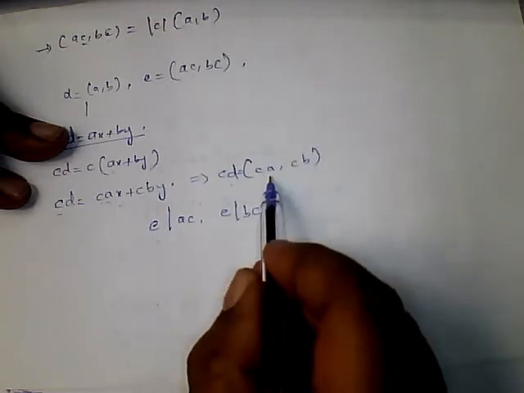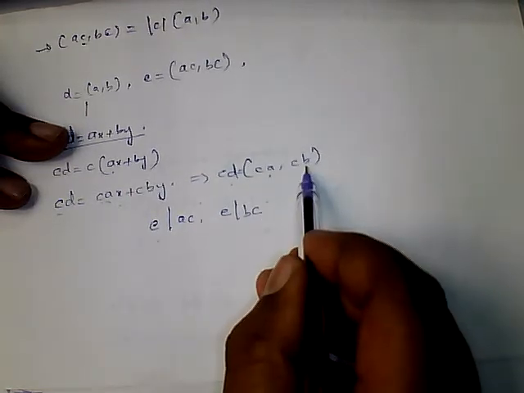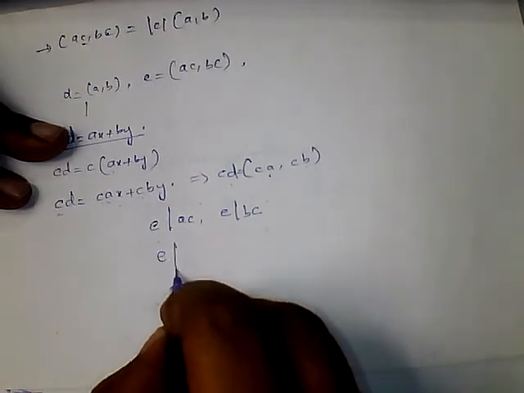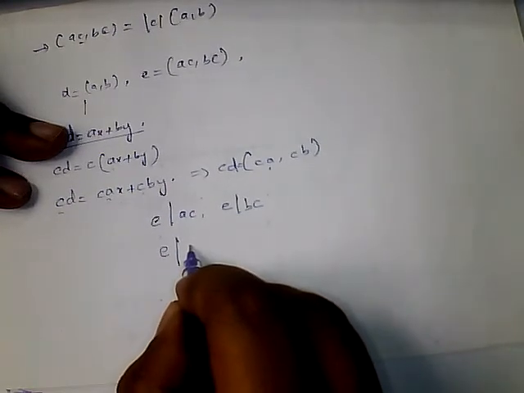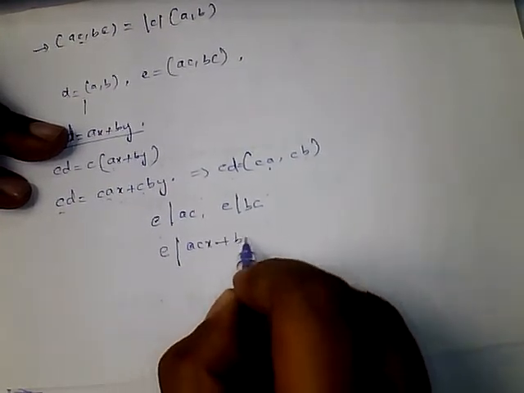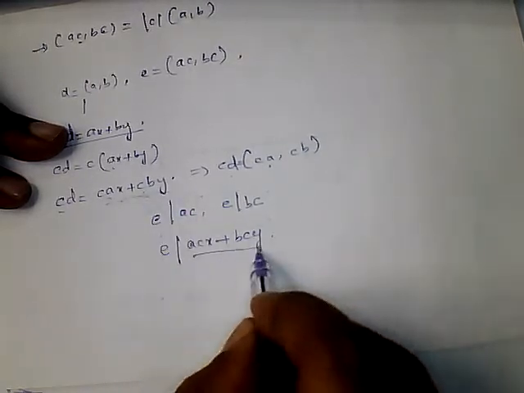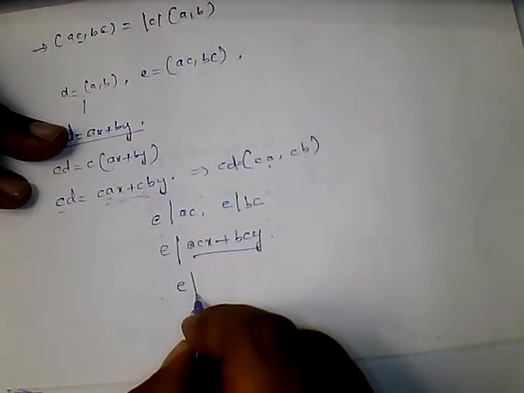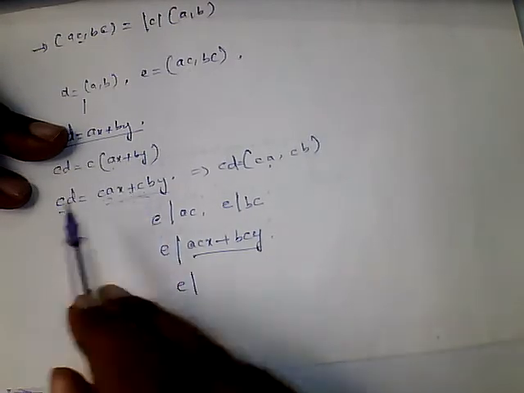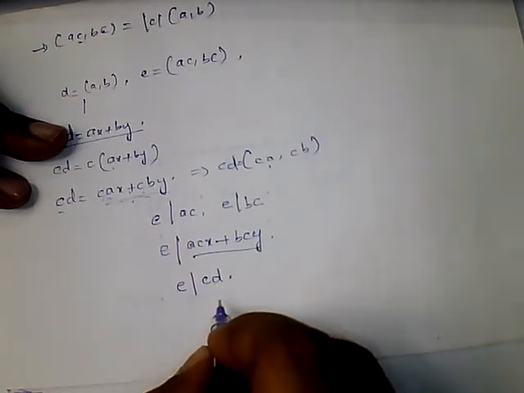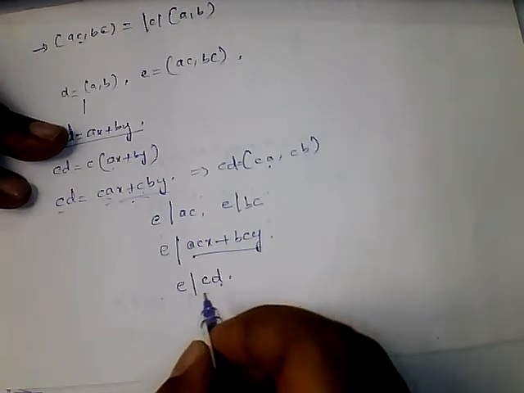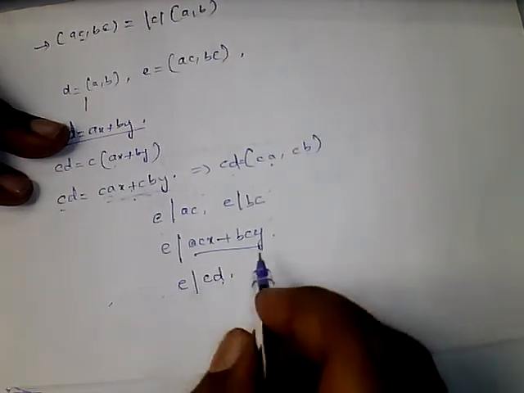Alright, E divides AC, E divides BC. That implies E divides the linear combination of these two, ACX plus BCY, the same thing that we got from here. From this, that implies that the GCD of this is equal to CD. From this we got E divides CD, and from here we can write